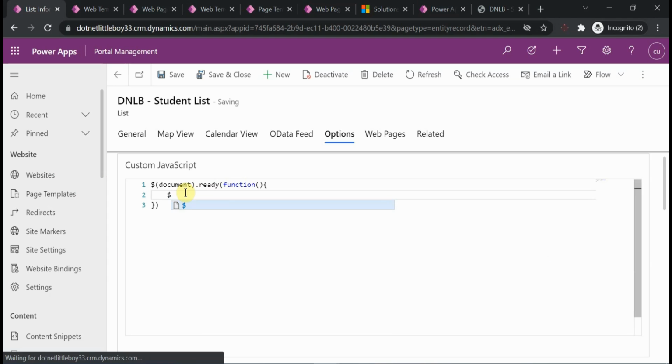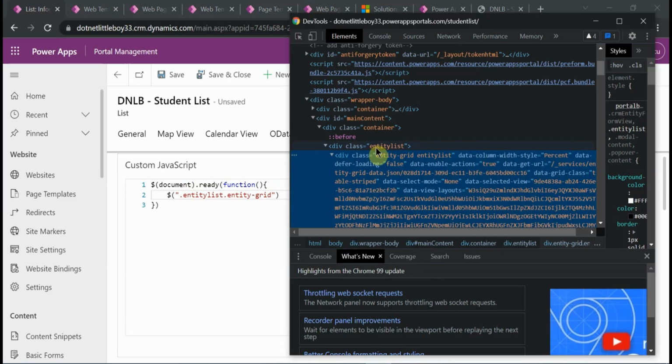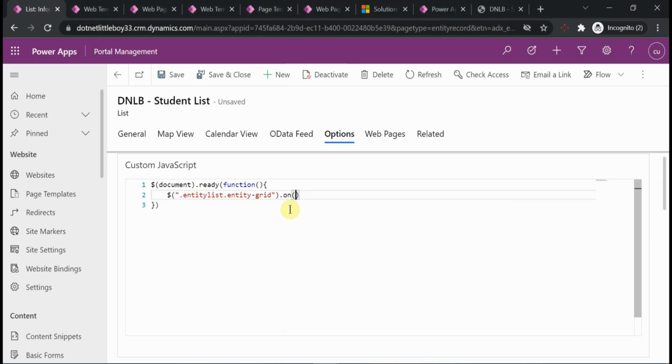We'll identify this table first. So we'll use the class .entity-list, then .entity-grid. You can see the same name. First is entity list, then the class name is entity grid. So when it is loaded, on loaded, I want to run a function,